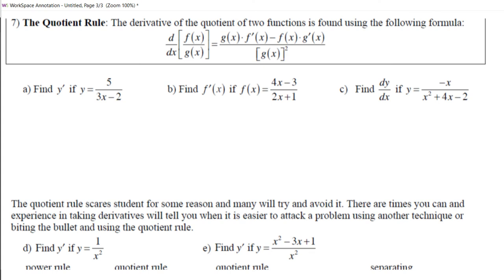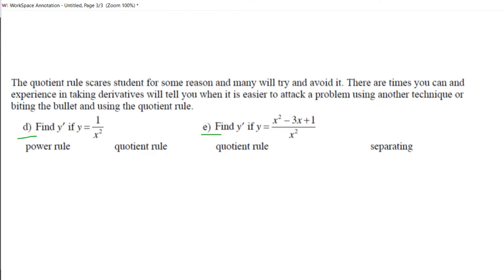On this rule, you really have a fraction that you cannot simplify any further. For instance, let's take a look at parts D and E first. I know we have a fraction, however, these can be rewritten fairly easily without doing too much work. So, for instance, on part D, I would probably write this as x to the negative 2 power, and then take the derivative. On part E, we saw that last Thursday, I would split these up into 3 different